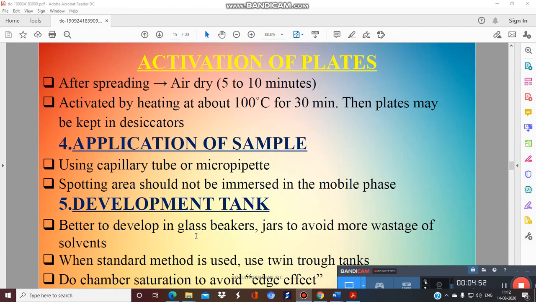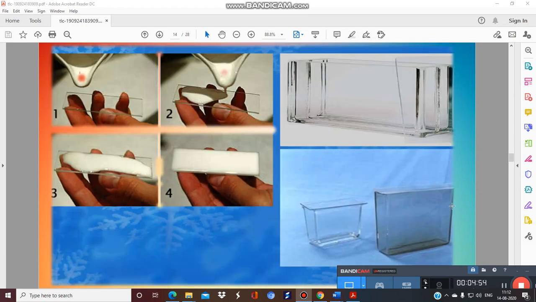Yes, you have a sample too. You will prepare a sample already. Okay, so you will prepare a particular mobile phase, and the mobile phase is prepared as per your sample. Based upon which type of sample you are going to screen or visualize or identify, you will use a particular mobile phase. Particularly in pharmacognosy, there are different types of mobile phase for alkaloids, for tannins, for flavonoids. For each and every metabolite we have a different type of mobile phase.